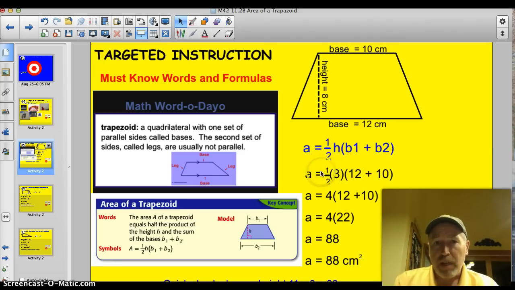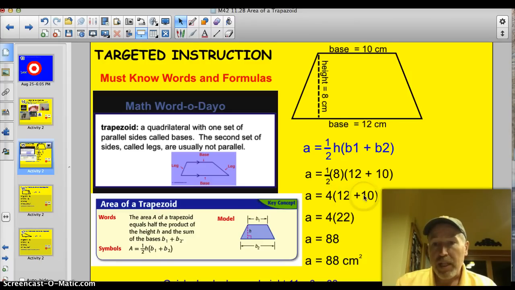I've rewritten that and I've just substituted in the values, and I'll show you where I got them. So I've got the area equals 1/2, that stays the same, 8, that's the height, so here's my height, and that's 8. And then base 1 and base 2. Here's base 1 is 12, base 2 is 10. So 1/2 the height, which is 8, times base 1 plus base 2. So start simplifying. Well, the area equals 4. That's 1/2 of 8